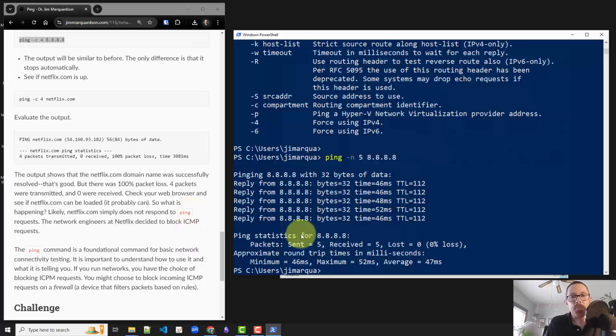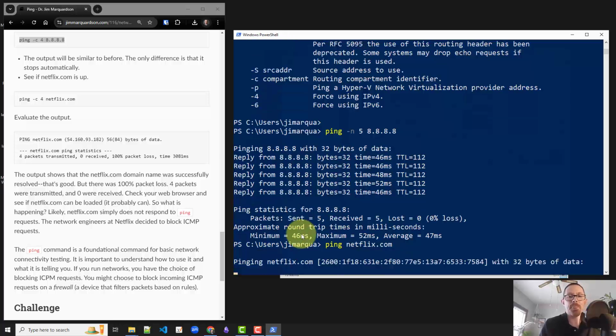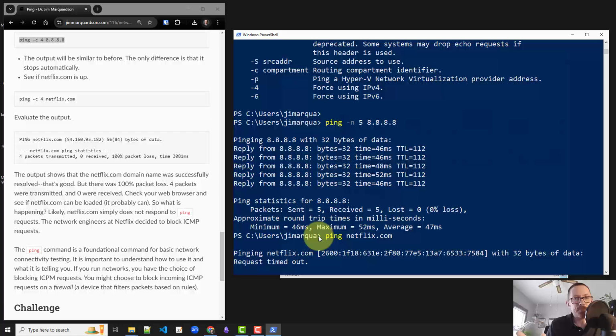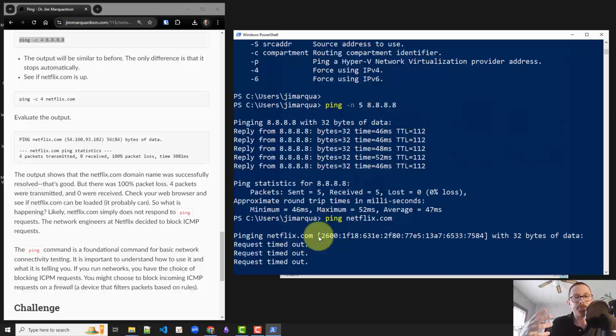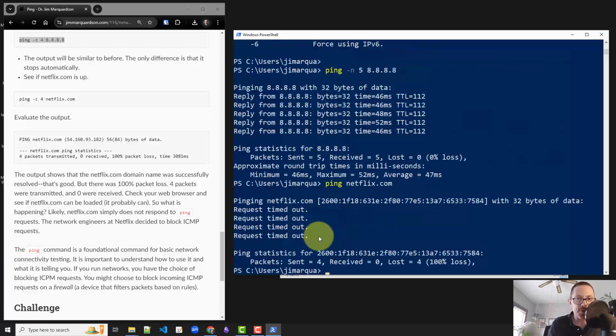Now, servers might block pings. So if I try to ping netflix.com, it timed out. So this means my ping was not successful. So I sent a request to Netflix, but Netflix is not giving me a reply. So what does this mean? It could mean a lot of things. It could mean that Netflix is down, or it could just mean that Netflix decided not to respond to the pings. And for years, I don't know why, Netflix just made the decision that Netflix is not going to respond